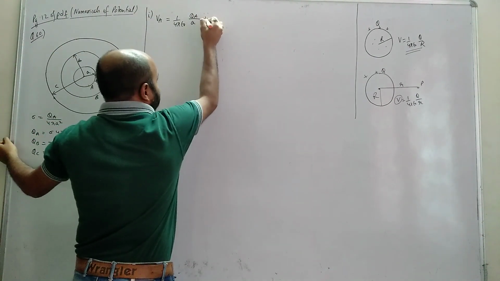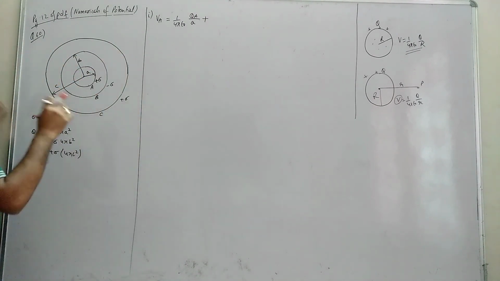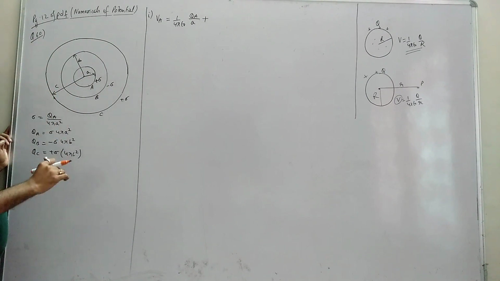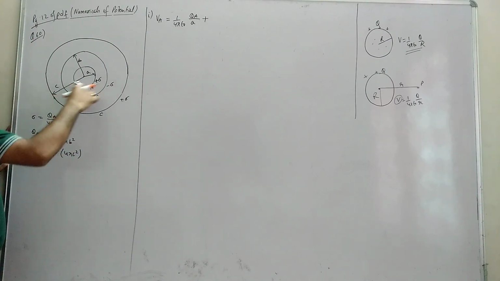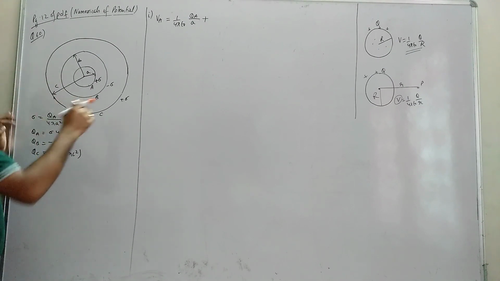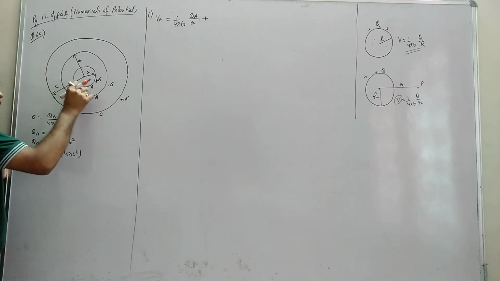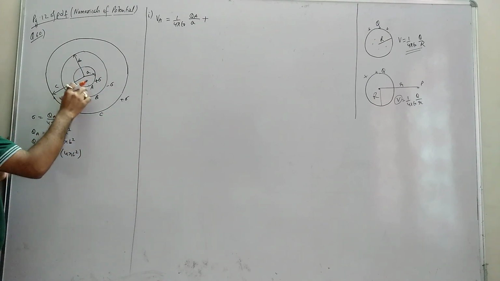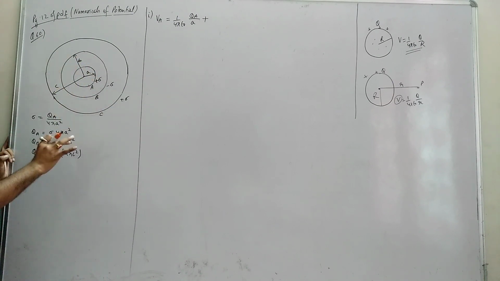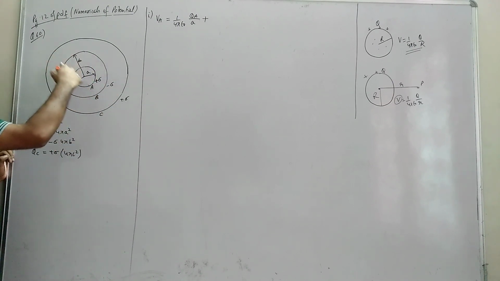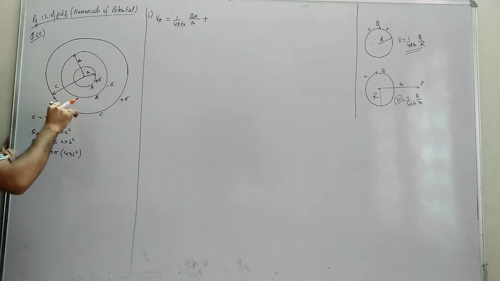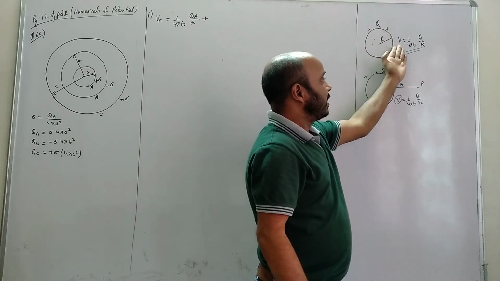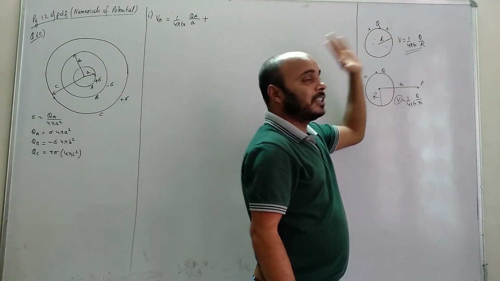Now, next part. Listen very carefully here. B also got some charge QB. So due to B also there will be some potential. Right? For B also there will be some potential. Now you have to see: the shell A, capital A, is where? Inside B or outside B? The shell capital A is inside B. So due to B, there is potential on its surface, and the same potential, due to any conductor, also acts inside the conductor, right?